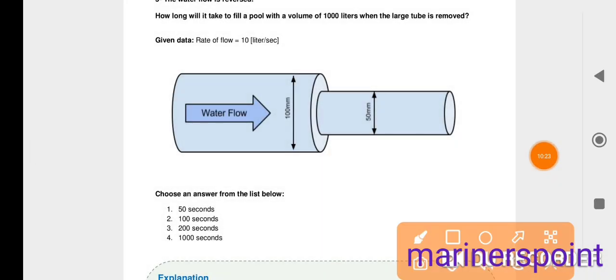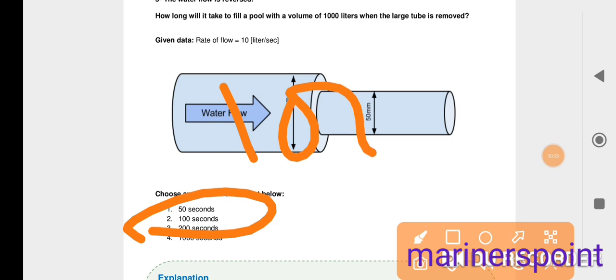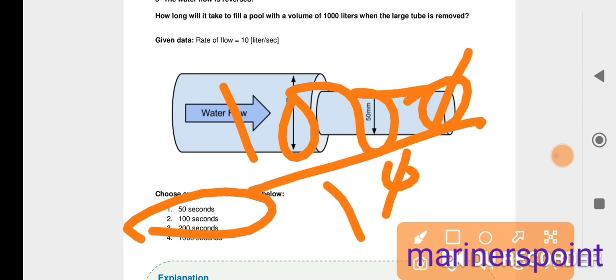In 1 second 10 liters are filled, then for 1000 liters, how long will it take? 1000 divided by 10, it will simply be 100 seconds. Here the right answer will be 100 seconds. Okay,